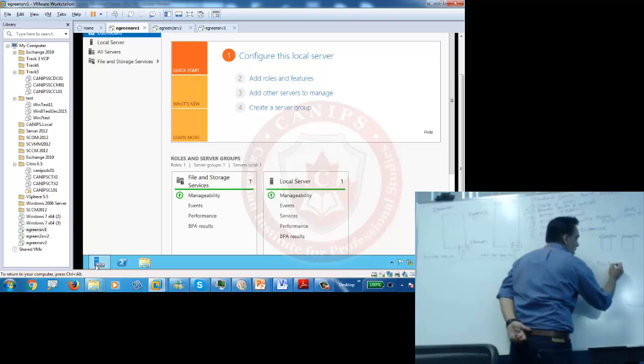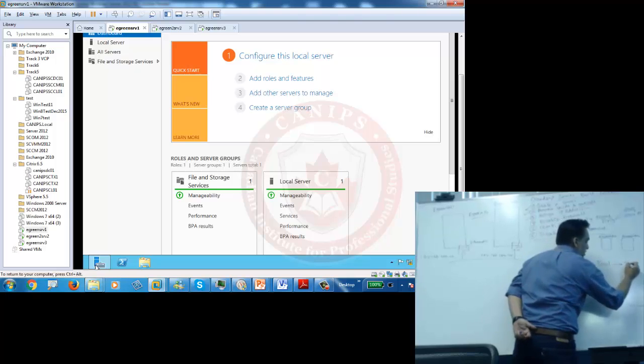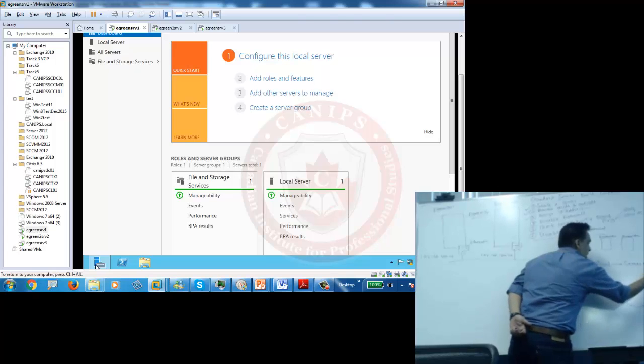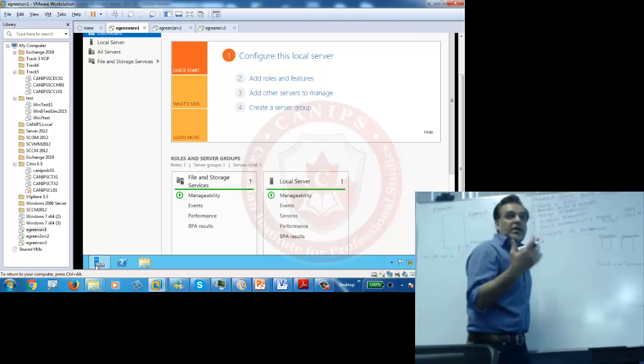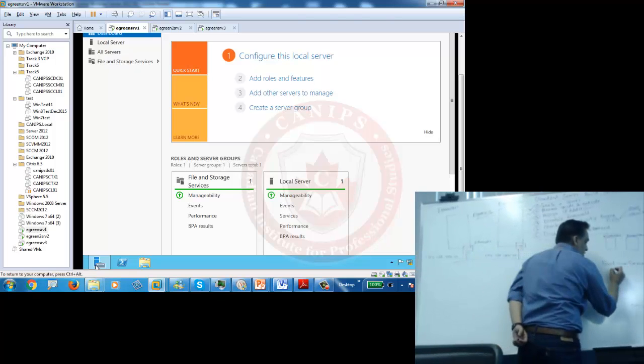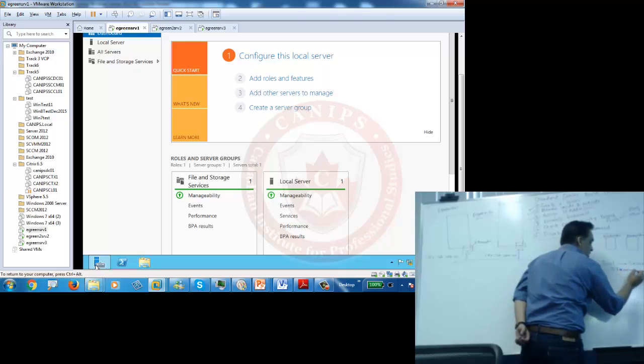So in tools, we are learning the very first tool that is known as Server Manager. And Server Manager is a tool that is used to manage the server. Now, what is managing the server? Rename is done through Server Manager. Rename, assign IP address,